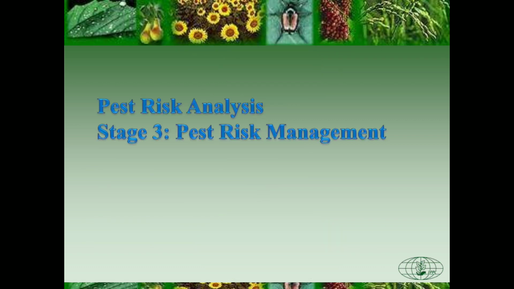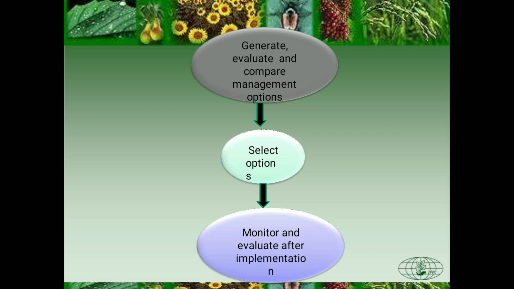Then the third stage, after the second stage, is pest risk management. In that we generate, evaluate and compare management options. That means when we have done all those stages, first and second, the last stage is risk management. So in that we generate, evaluate and compare management options. That means whatever the options of phytosanitary measures are,